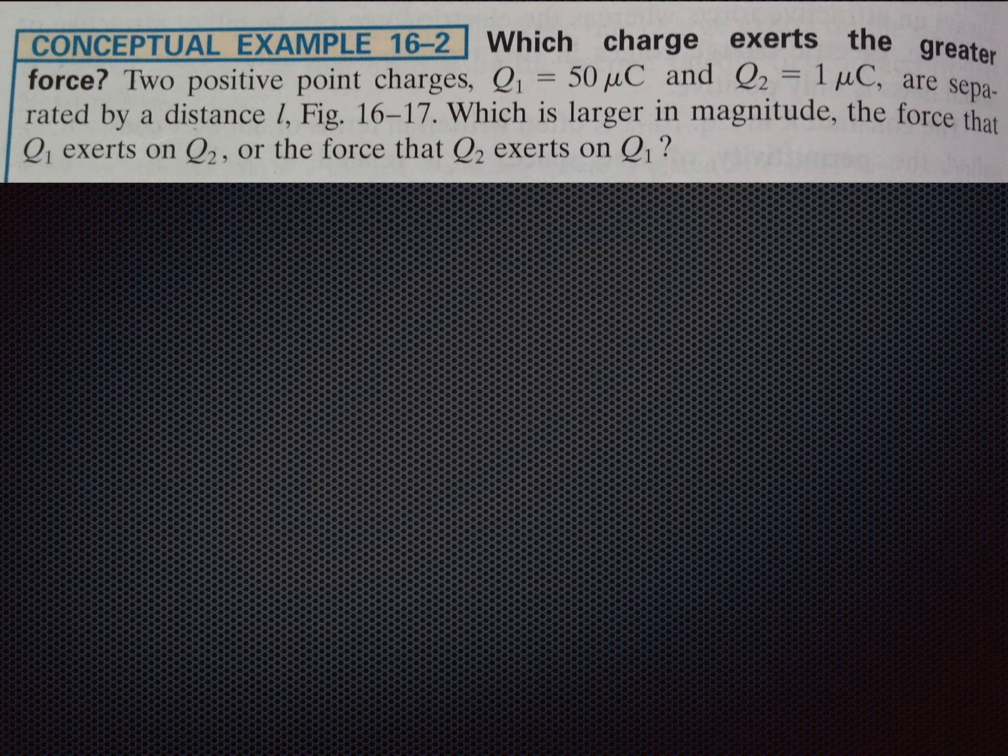Let's take a look at the second example. Which charge exerts the greater force? We have two positive point charges, Q1 with 50 microcoulombs. And if you remember, the symbol micro actually means 10 to the minus 6. So microcoulombs means times 10 to the minus 6. So if Q1 is 50 microcoulombs, then Q2 is 1 microcoulomb, and they're separated by a distance L, such as